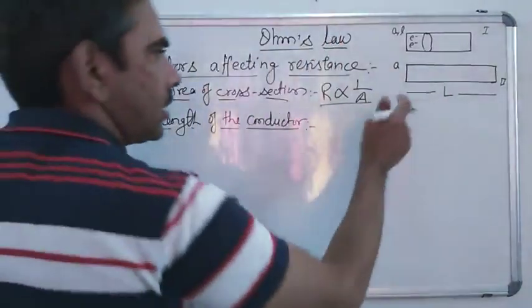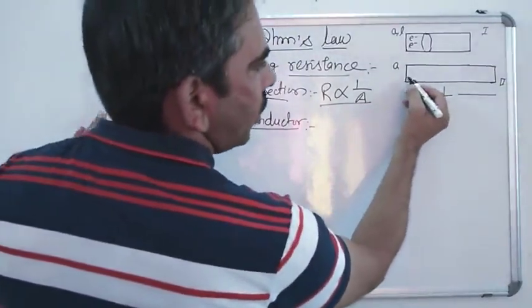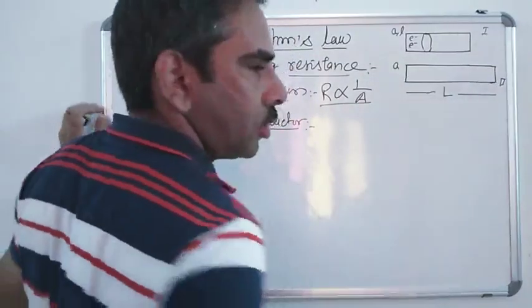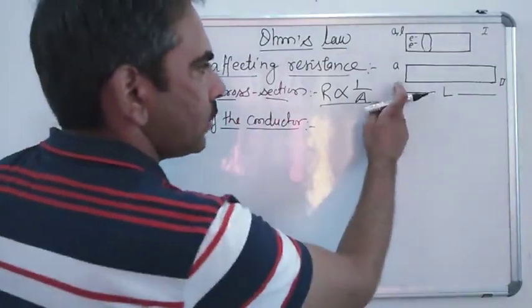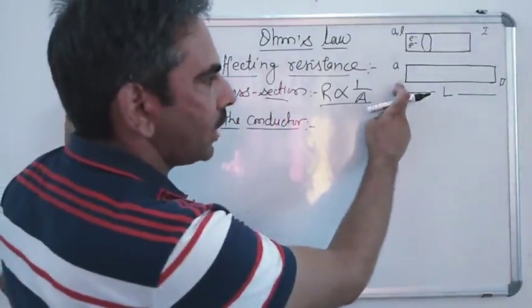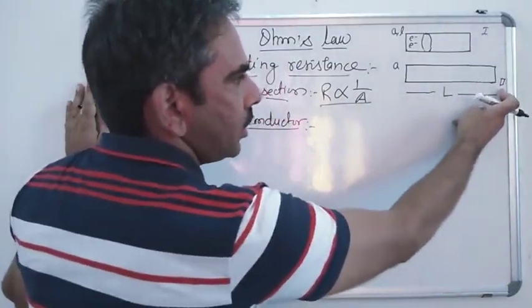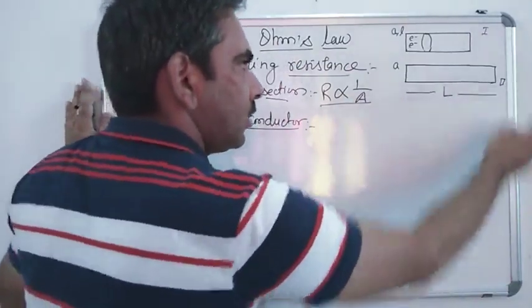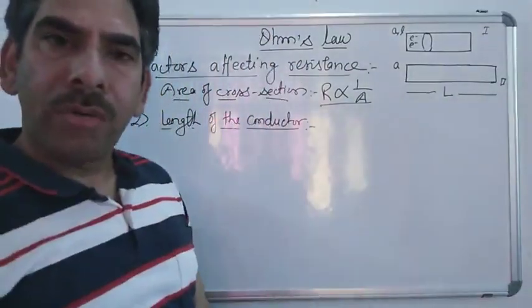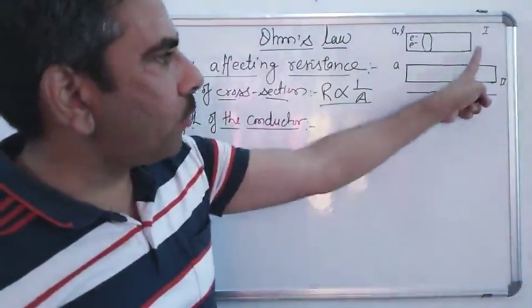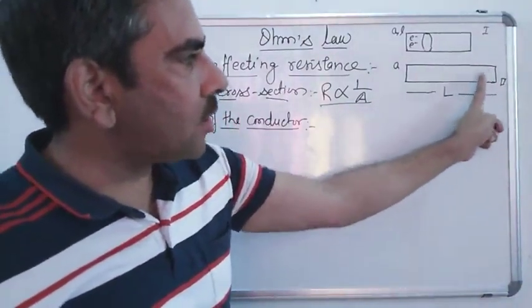So in this case, the electrons have a longer path to travel in order to create the current. The electrons have a longer path to move from one end of the conductor to the other end. So during this length, they face more collisions. They have to face more collisions for this much extra part of the length.